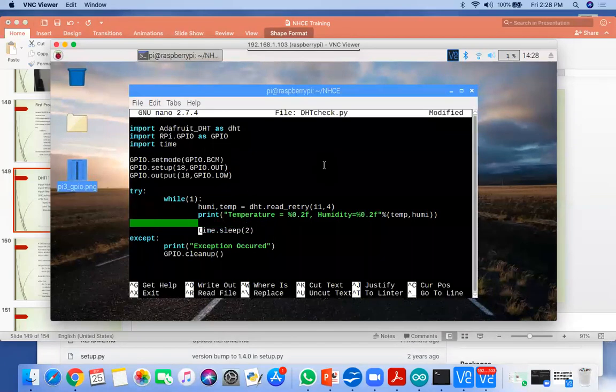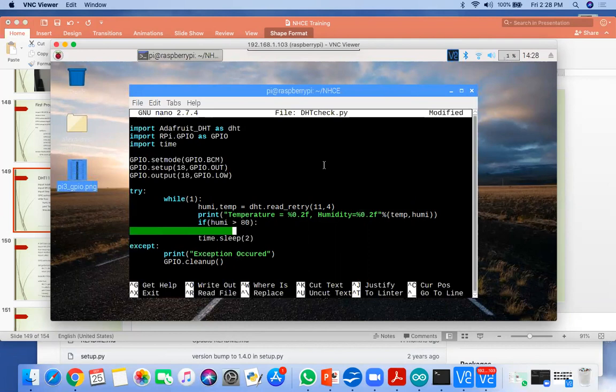Now we can check the humidity. If humidity is greater than 80, then we will print one message: humidity greater than 80 percentage.